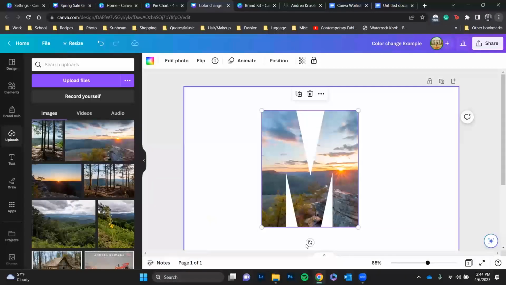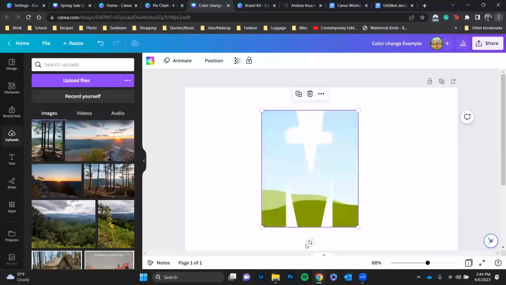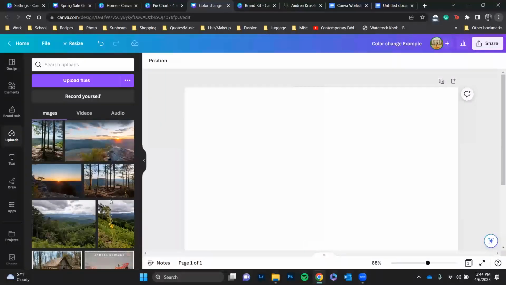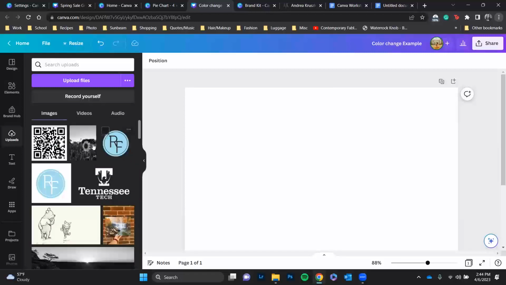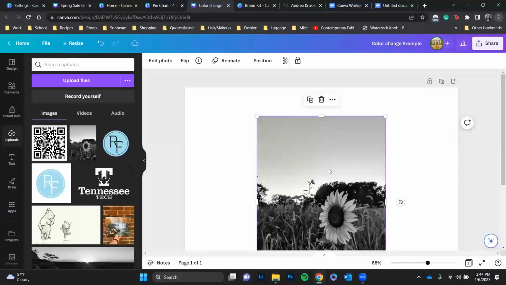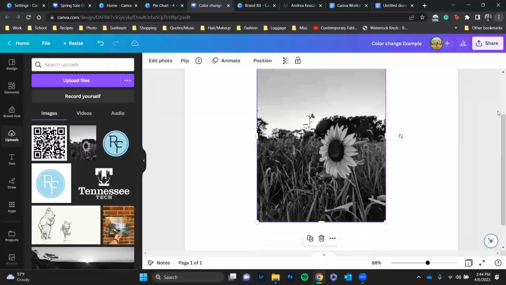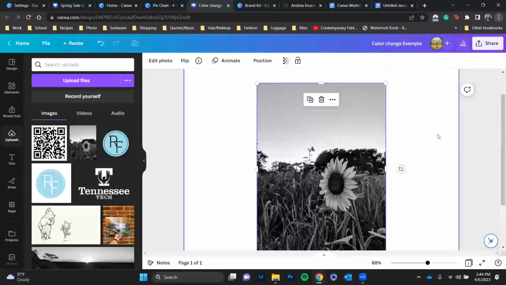All right, so that is frames. We're gonna go a little bit more into photos now, because there's a lot of really cool options. And I will say a lot of these are only available in Canva Pro. So one of them I'm gonna show you right now is,